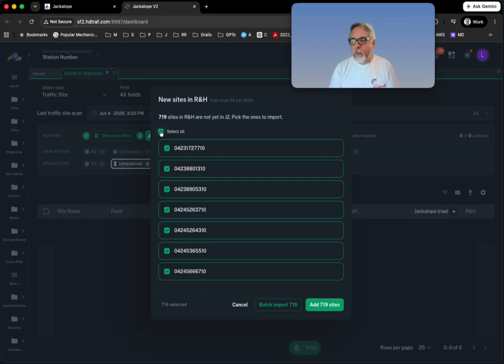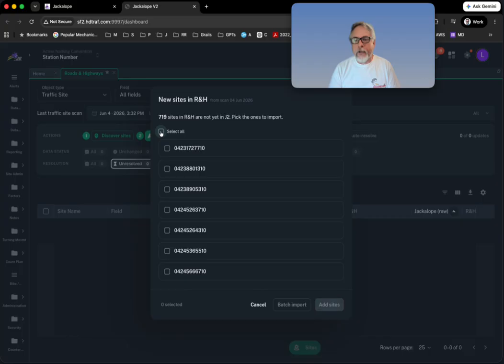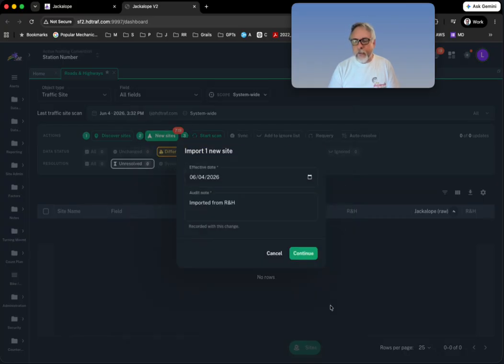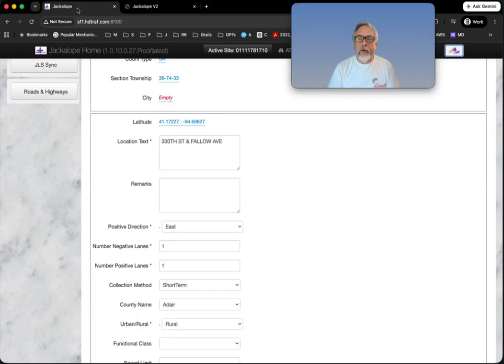Like, for example, if number of lanes wasn't part of our scan, which it is, you'd have to go through, select them all and do this option, which is the labor intensive, create these sites manually. It directs you through a set of dialog boxes to get the job done. You'll get this box no matter what, whether you do it as a batch or through the manual, which is what we're showing right now. The effective date of the site, so when did this site get created, I would think,